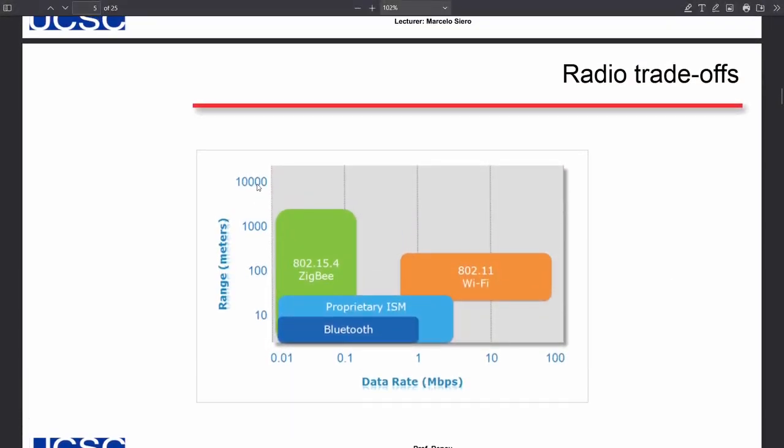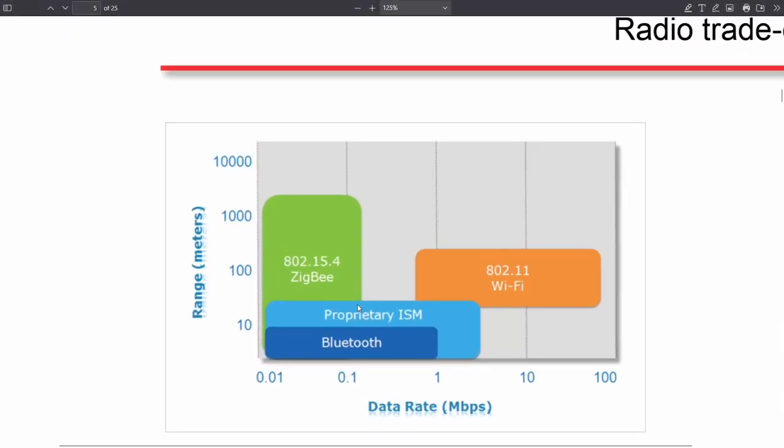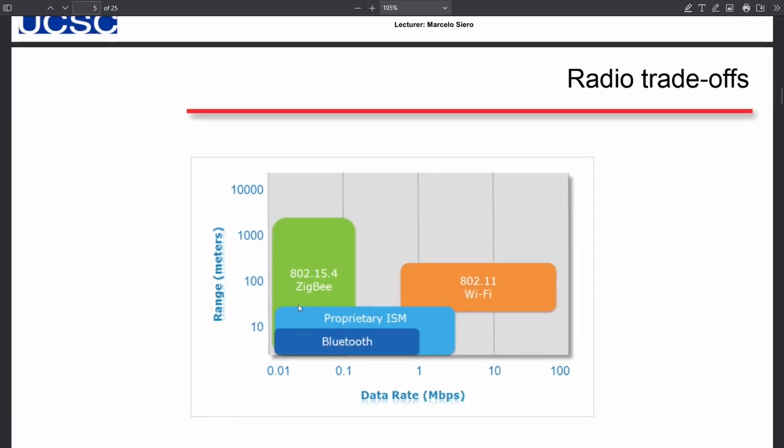Good stuff. Actually, this is good. So here we can see the range trade-off. So Bluetooth operates in the